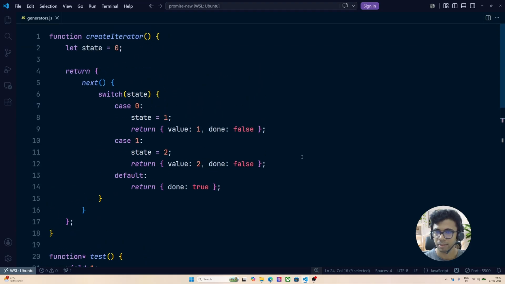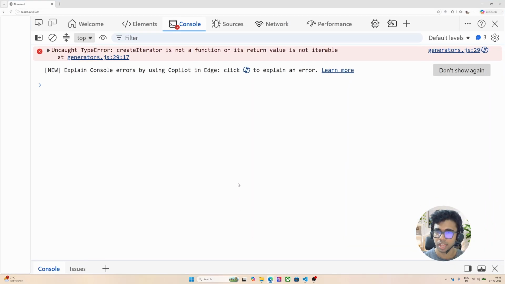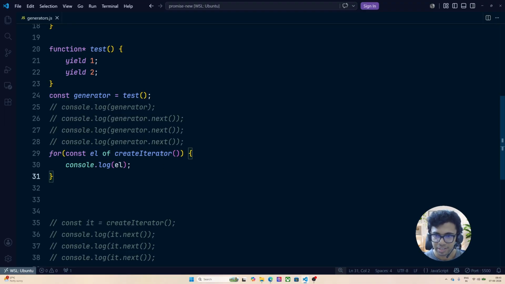So createIterator creates an iterator object. So in this for of loop, let's use the createIterator function. So I'm calling createIterator. It will just return an iterator object, and we are using a for of loop with an iterator object. Now save this and see the output, and we get an error. createIterator is not a function or its value is not iterable, which means this returns an object, but that object is not iterable. It is an iterator object. For it to be an iterable, it should have a method with the name symbol.iterator and it should return a